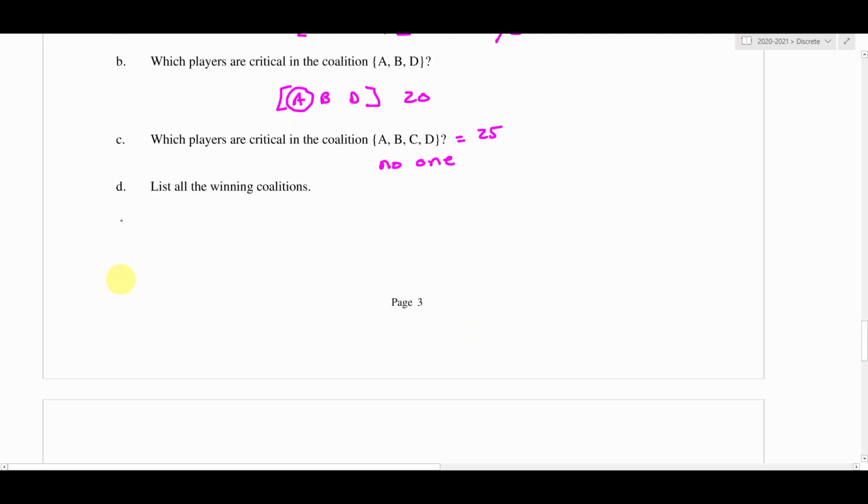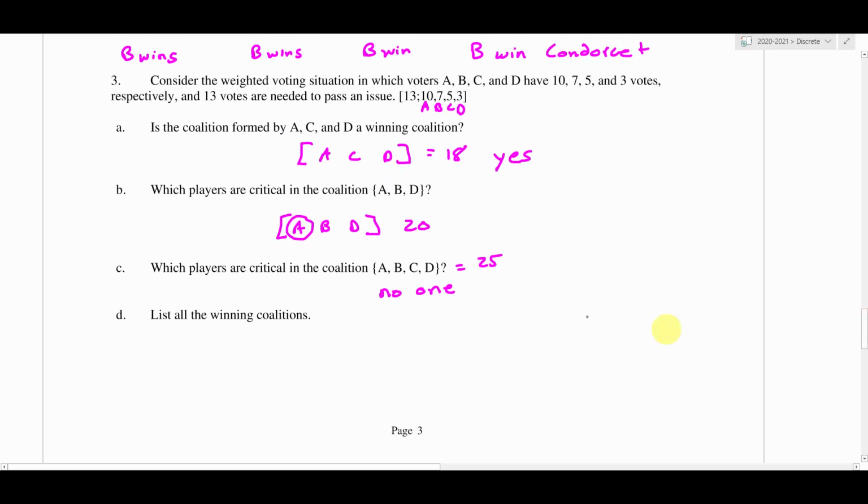All right, now this last one is the exercise for listing all of the winning coalitions. I would take your time and just start with your largest coalition. So start with your 4-player coalition and then work your way down to the 3s, then the 2s. Okay? So for instance, our first winning coalition would be A, B, C, D